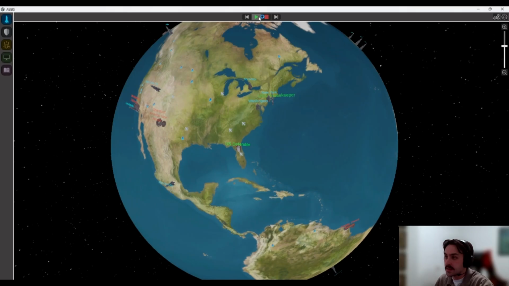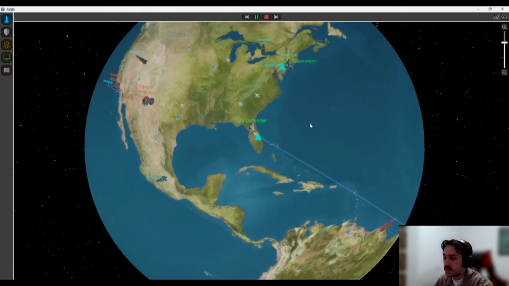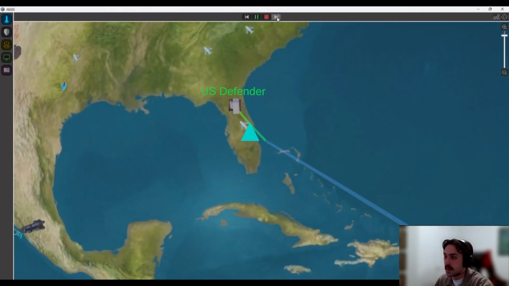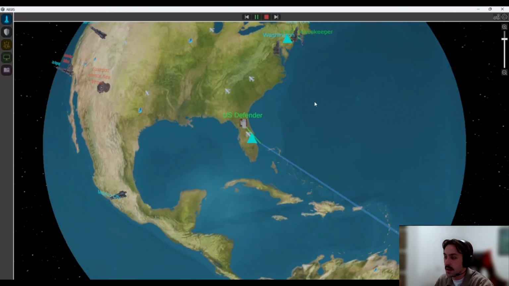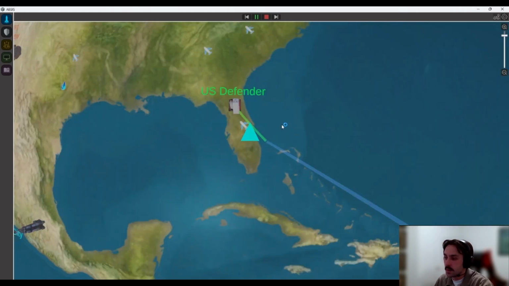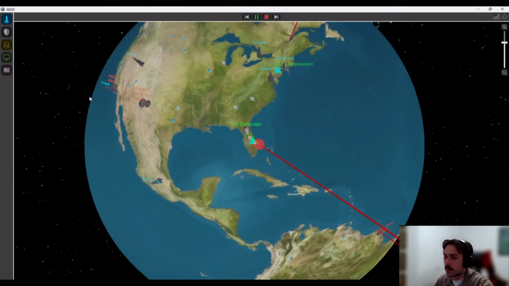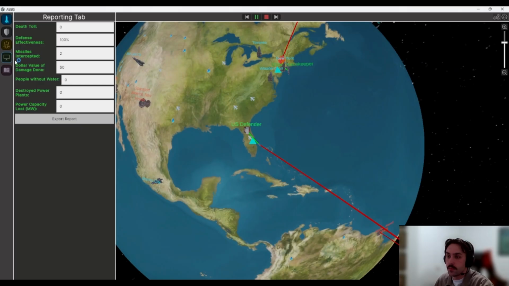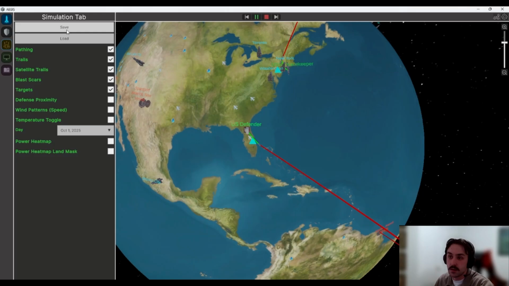And then we'll click play and see if we're able to intercept both missiles. And it does look like it hits here, indicated by this green line. Let's go ahead and see them come in a little bit closer. And we can watch this happen in real time, preventing destruction of the airport. And then if we jump into our reporting tab, we can see we've intercepted 2 missiles and we have 100% defense effectiveness. So I'm able to save this scenario should I choose and export it to my boss.